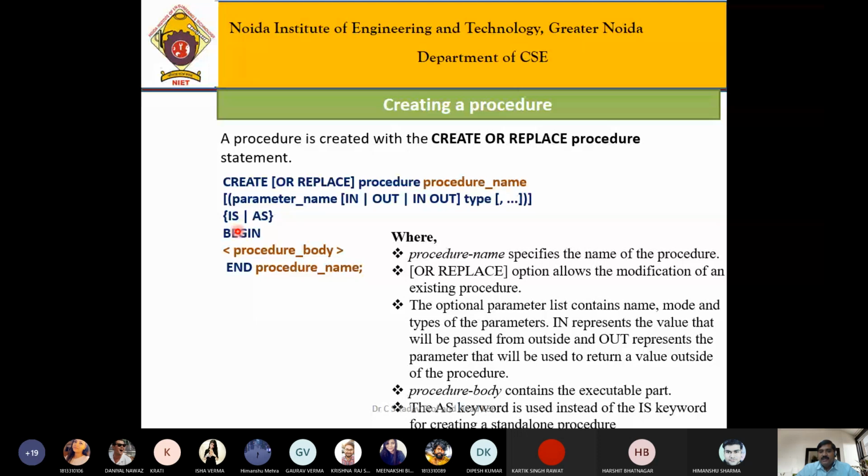Here we will use various DML statements, and after end we will write the procedure name, and this name should be the same as we declared for the procedure. And begin and end come after the is keyword. Either use is or as. Did you get it? Syntax of procedure.